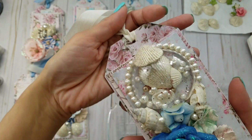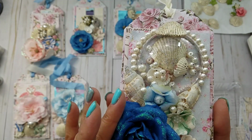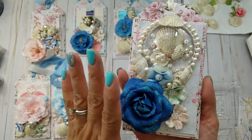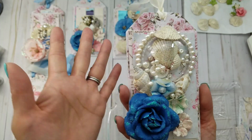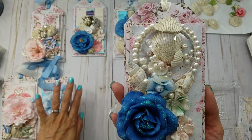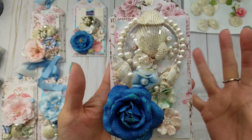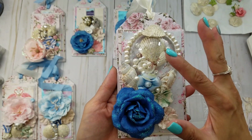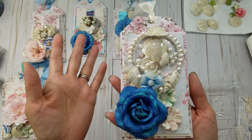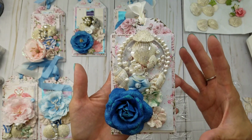But of course I'm going to have to get another dome. I think a smaller dome like this for another tag. Like I can totally do the Havana paper. Gonna make some tags like this too because they're just so super pretty. And this has just given me so many ideas, especially if I want to make a mini album, because I have plenty of this paper, this Santorini. This was the kit that he gave us, so I haven't even touched my stash. So I can totally make some more of these,